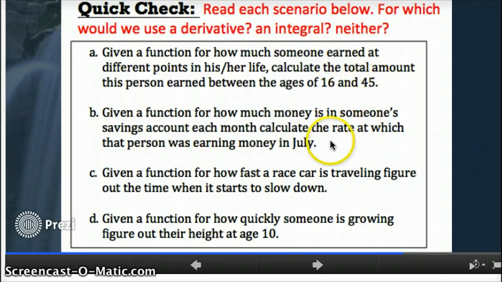Read these first 2 examples again. It's really key that you understand in the meaning of the problem why this one's an integral and this one's a derivative. Do the last 2 real quick. Awesome. C's a little tricky because we are actually given a rate function. How fast it's traveling is a rate function. But instead of asking for the total distance, which would be an integral situation, we're asked for when it slows down, which is actually asking about acceleration, which is the derivative of velocity. So we use a derivative here. This last one is